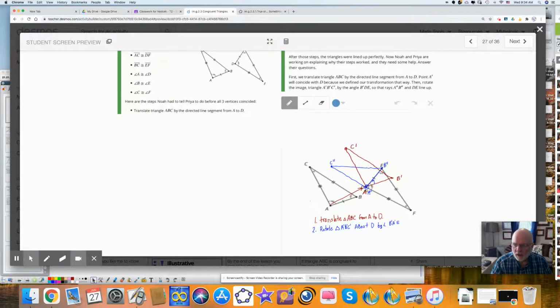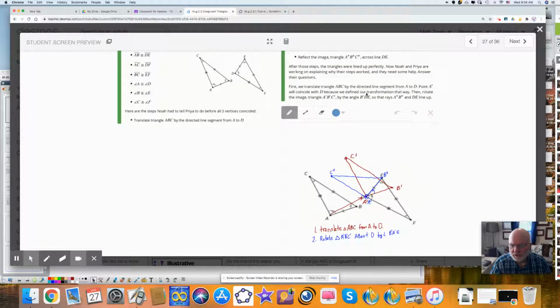Then we got to A prime, B prime, C prime. Then we rotated by B prime, DE. And when we rotated around this angle right here, we get to A double prime, B double prime, C double prime. And then we reflected it. Now the question is, let's see,